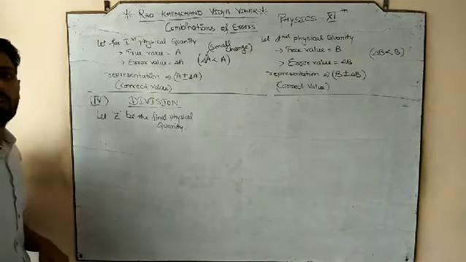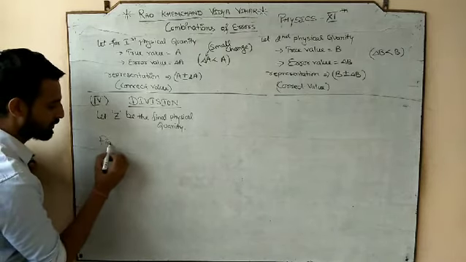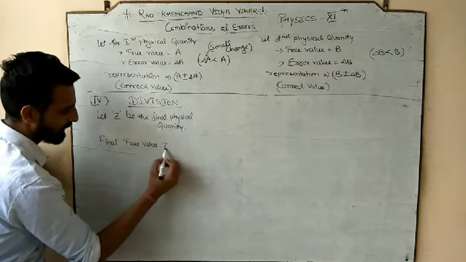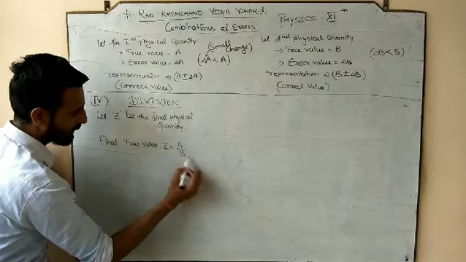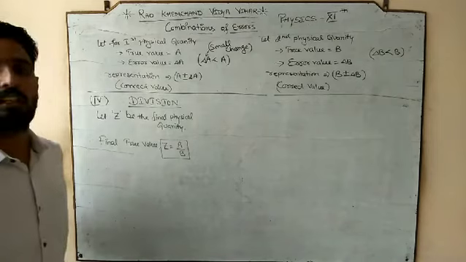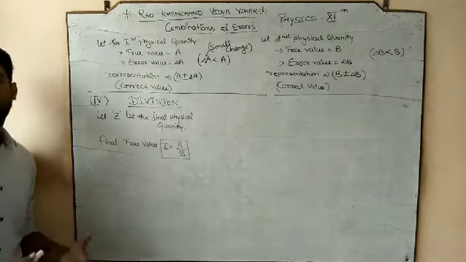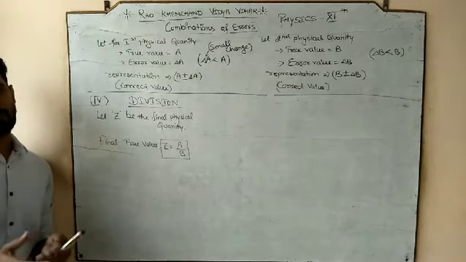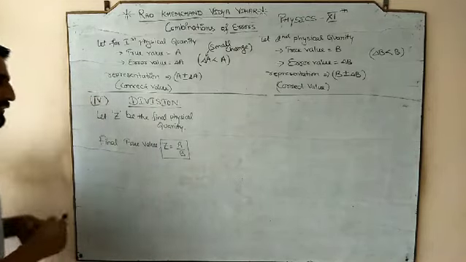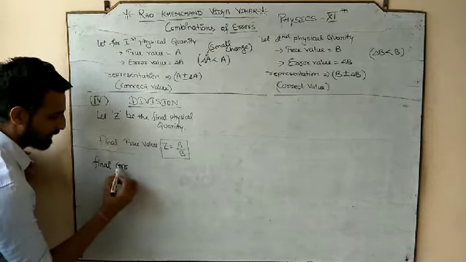So let us find out the final true value. In the same manner, what would be our final true value? The final true value Z would be the division of A and B. It means the true value performs the same relation as what is asked of you. So if he asks for addition, Z would be A plus B. If he asks for subtraction, it would be A minus B. For multiplication, A into B, and for division, A divided by B. So let us find out the final correct value.